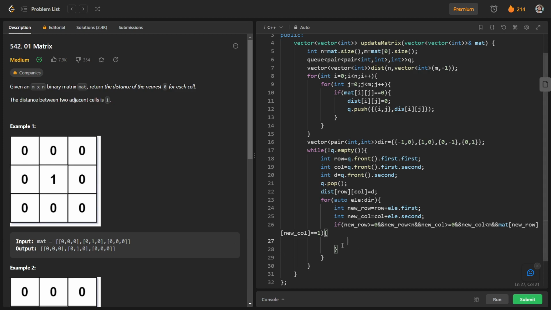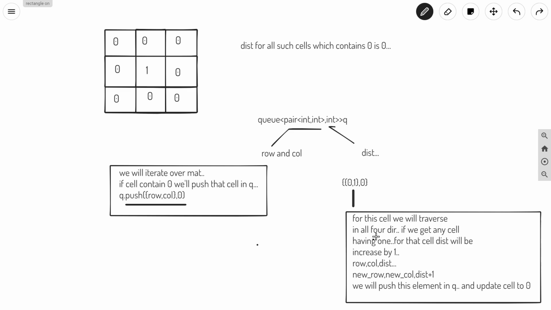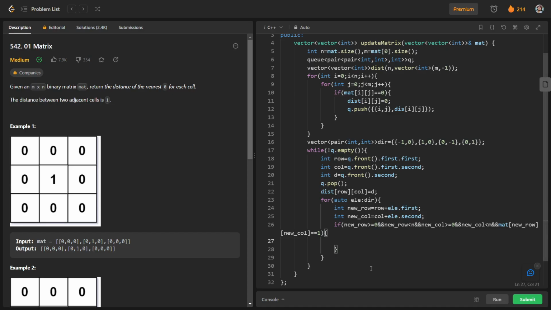So for such a cell, I have told here that if we get any cell having 1, we will just increase the distance by 1. So basically we will first update this cell, so matrix of new row and new column will be updated to 0, and after that we will push this new row and new column along with this updated distance.